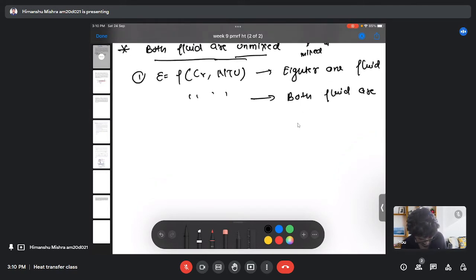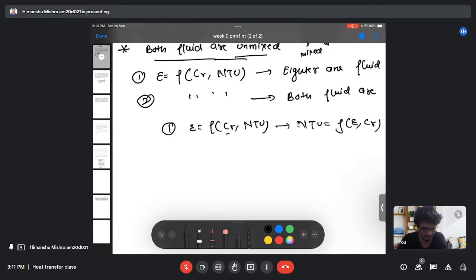So for the first case, since this effectiveness relation depends only on the ratio of the heat capacity rates and the NTU, you can find this relation in any heat exchanger or heat transfer book. So we can find the NTU from this relation itself